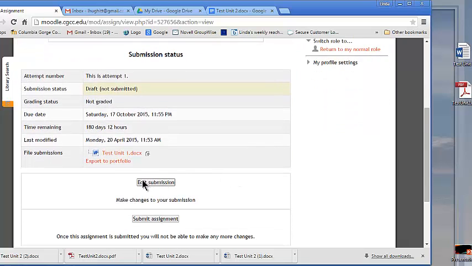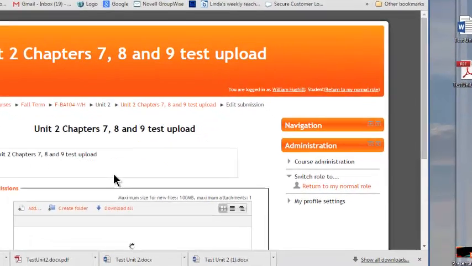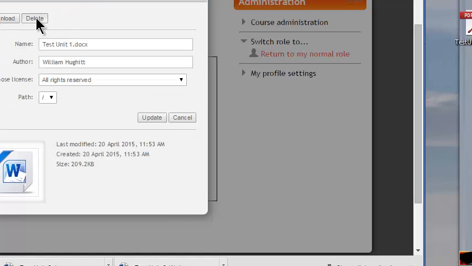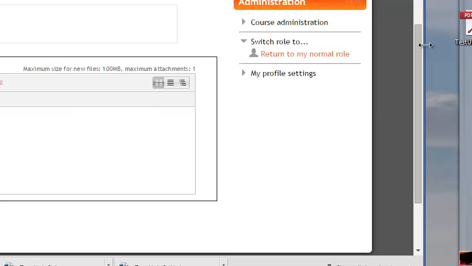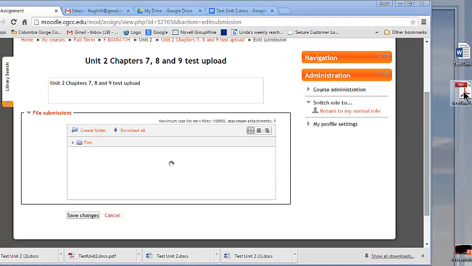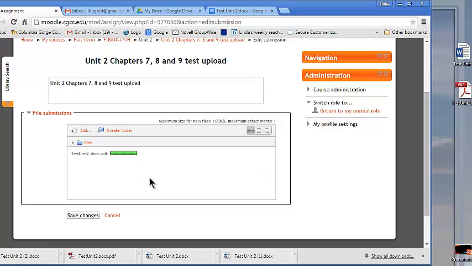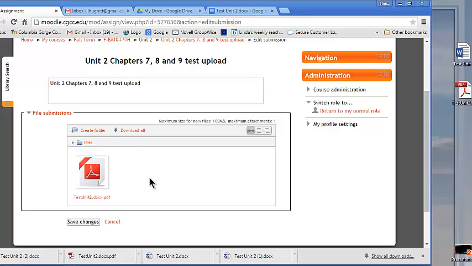So now I need to edit submission. If I just click on this, it gives me the delete option. I'm going to remove it. And I'm going to drop the other one there. Wait for it to go through its process. Once it's completed that, I get the icon. I hit Save Changes, and now I've gone through the process of downloading it from Moodle, getting it to my